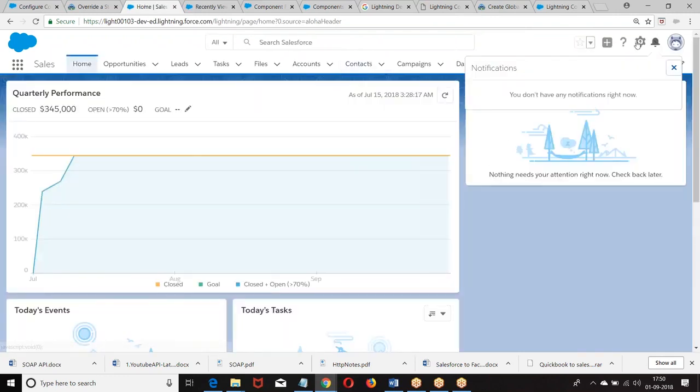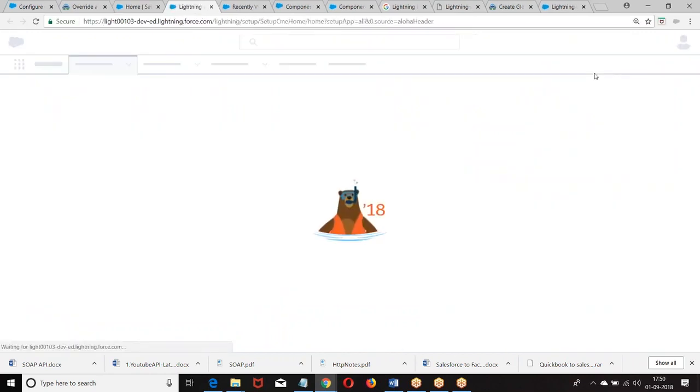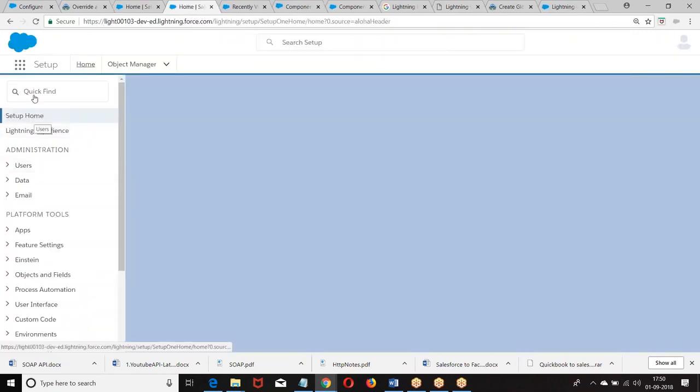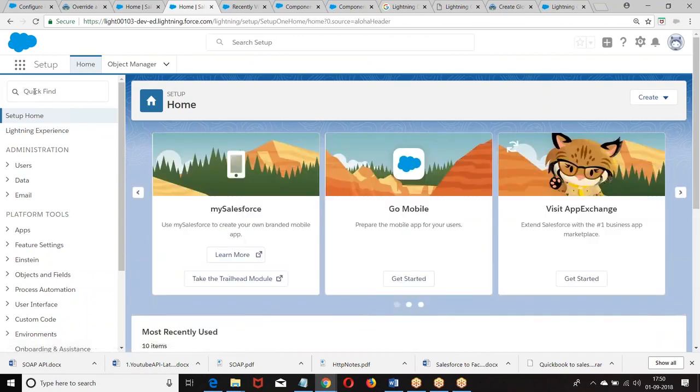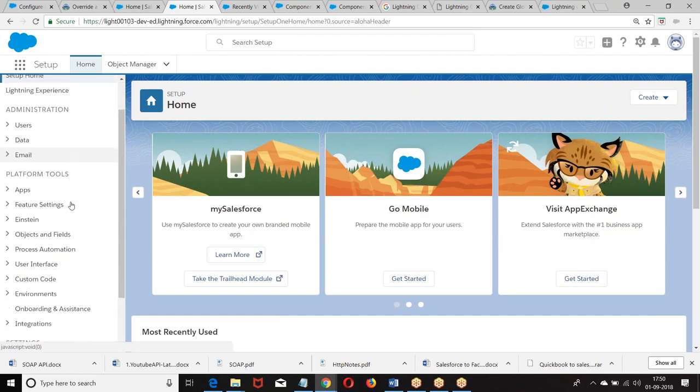Setup. So what do we have? User interfaces, platform tools.